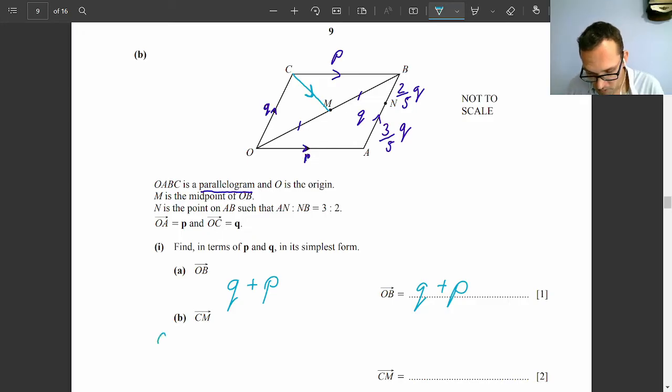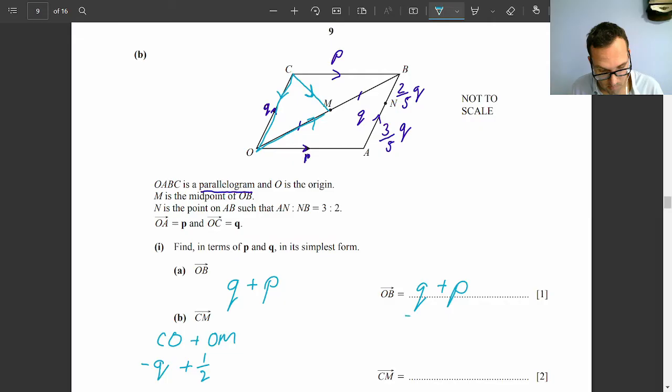I'm going to go from CO and then OM. Okay, when it becomes more complicated, write down the path because you can get marks for that. Now, CO goes in the opposite direction of that vector, so it's negative Q, and OM is half of OB,